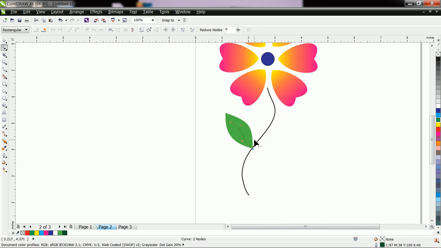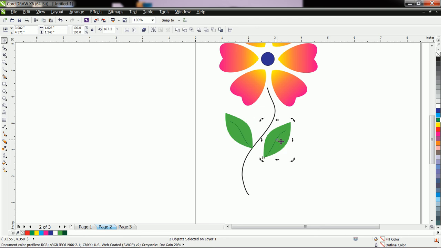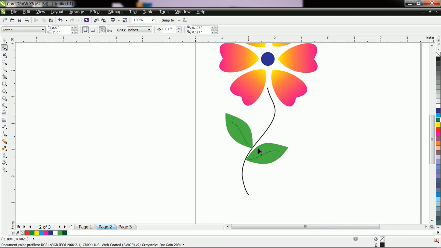Okay, like this you can change the line color. You can also copy paste this shape and slightly edit the shape. Okay, like this you can create a shape.